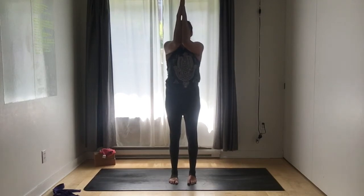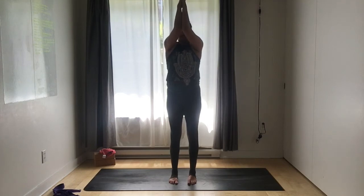So your forearms are parallel to the wall in front of you. Keep pressing your palms and your forearms towards one another. Now reach your elbows up. Reach your elbows up. Keep reaching your elbows up. Keep bringing your forearms parallel to the wall in front of you. Here for three,